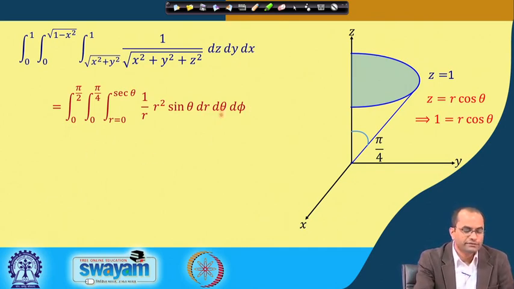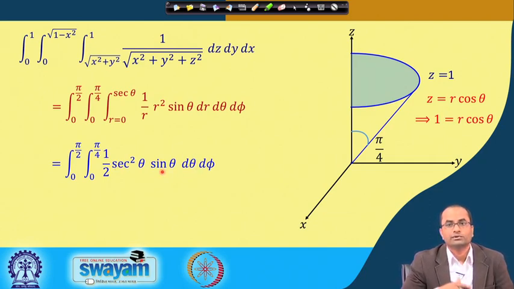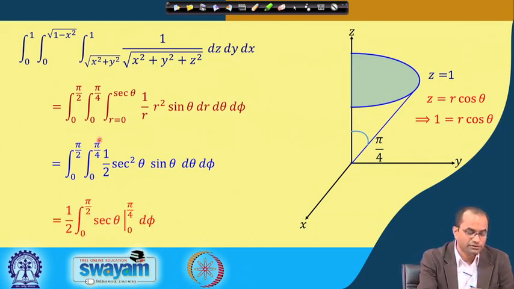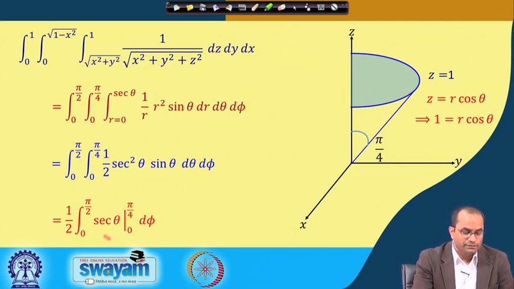So, now we can easily integrate this one. First with respect to r, because this is r dr. So, we will have r square by 2, that means sec square theta by 2, and then we have sin theta here. So, this sin theta over cos theta gives tan theta sec theta. So, sec theta tan theta with this half, again we want to integrate with respect to theta. So, the integral of sec theta tan theta will be again sec theta, and the limits here 0 to pi by 4, and this factor half is sitting there. Already we can substitute these limits.